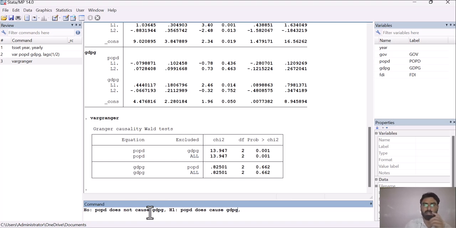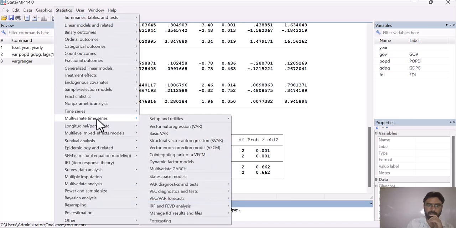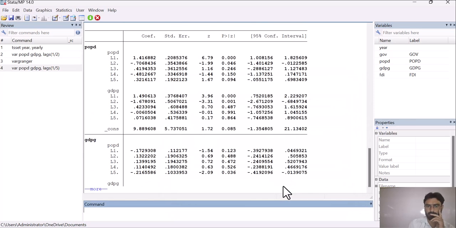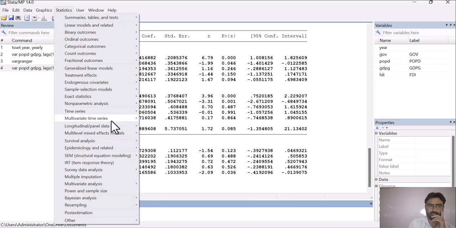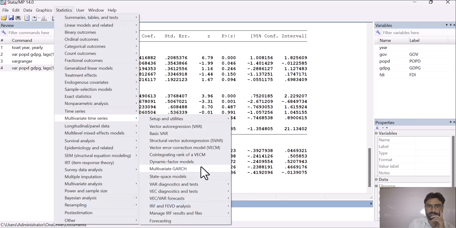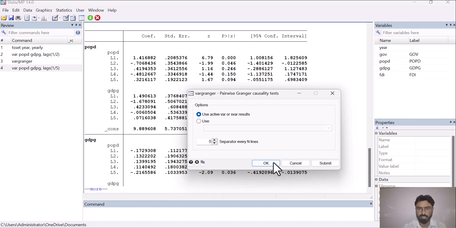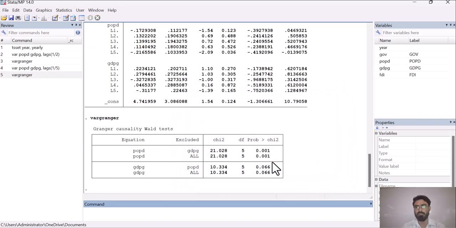So let's see for example, if we include 4 or 5 lags, and then we will see what will happen then. So go to statistics, go to multivariate time series, then go to vector autoregression. Here you have to increase, let's say we are increasing lag from 2 to 5, then click on OK. Then go again to statistics, multivariate time series analysis, go to VAR diagnostics, then go to Granger causality test, then click on OK. So here you can see that now when we increased our lag from 2 to 5,